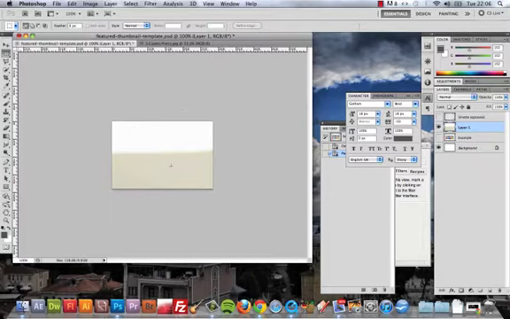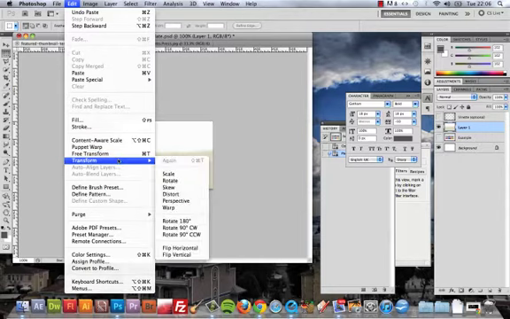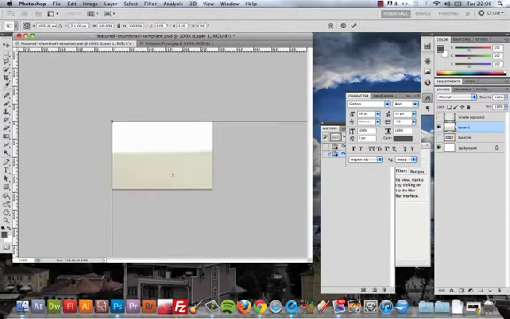Now you can see here that it's pasted in the new image, but it's way too big for what we need. So you need to go to Edit, Transform and Scale. Now you can see you get these little handles here to hold on to. While you're resizing it, hold down Shift so it keeps the dimensions, and then just drag it down,